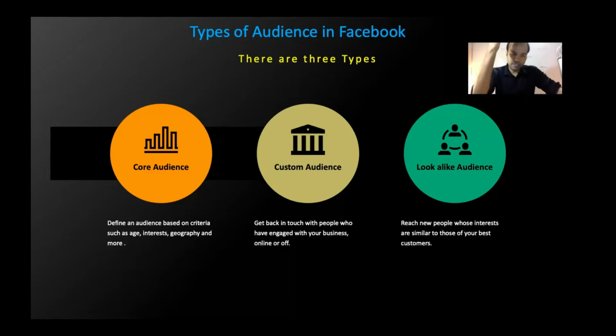You can put their email ID, mobile number, name, and whatever metrics you have. Then Facebook will match it and create your list of the audience. Now, these people are already your buyers, right? Once they have purchased. Now tell me, what kind of audience are they? Are they cold, warm, or hot?